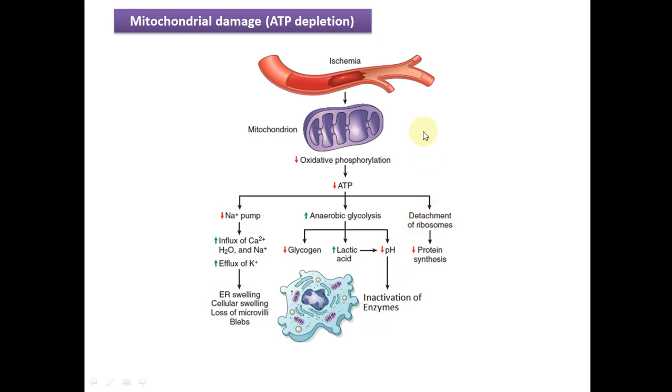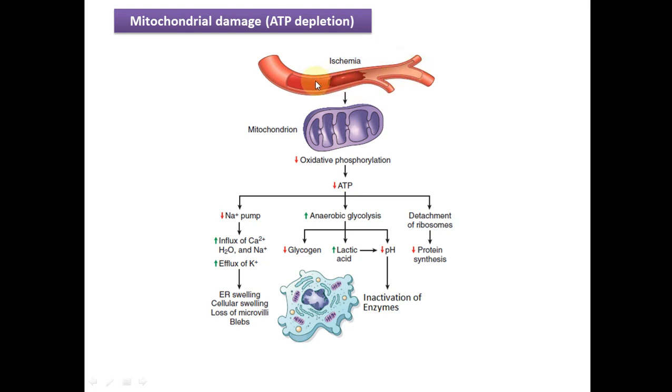Now, here we discuss the damage to mitochondria, which may be caused most commonly by ischemia, and ischemia leading to hypoxia. Here I want to tell my students that the difference between ischemia and hypoxia is that ischemia is the decreased blood supply to a particular tissue, while hypoxia means decreased oxygenation of the tissue. So ischemia can cause hypoxia. The most common cause of hypoxia is ischemia, but hypoxia can also occur when there is no ischemia, but there is defective oxygenation of the blood, for example in various lung diseases like pneumonia, in which the oxygenation of the blood is defective, and though there is no ischemia, the tissue still suffers from